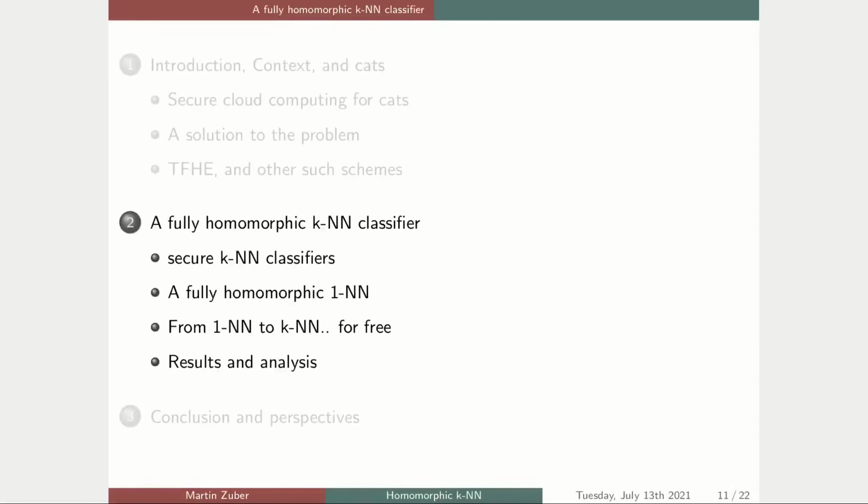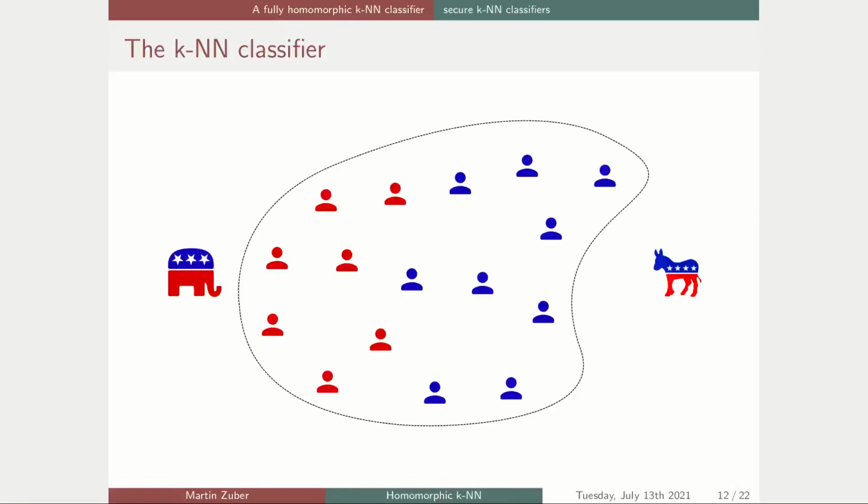Onto our contribution, and first a word on k-nearest neighbor classifiers. They're very simple kinds of machine learning algorithms that are still very much used today in real-world applications, especially since the advent of embedding-based neural networks. For a very simple example here, if you want to classify an unknown voter as having an affiliation to either Democrats or Republicans for an American election, then we just place all known voters in a Euclidean space and